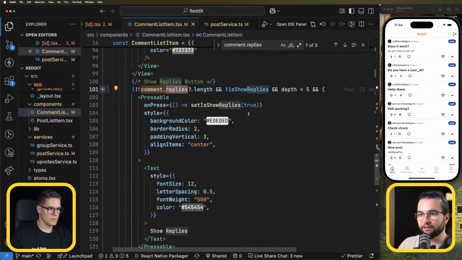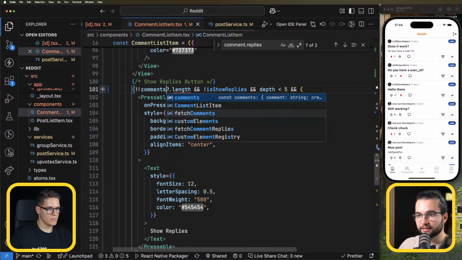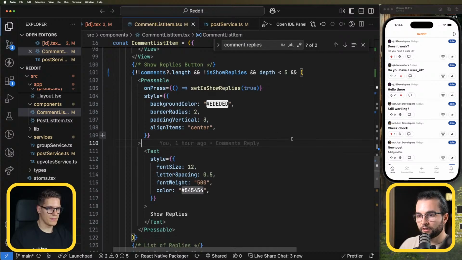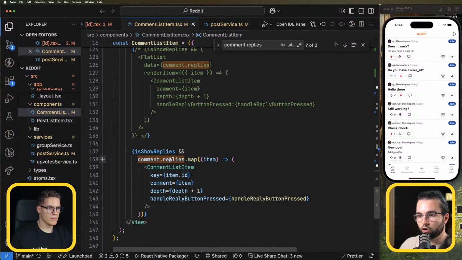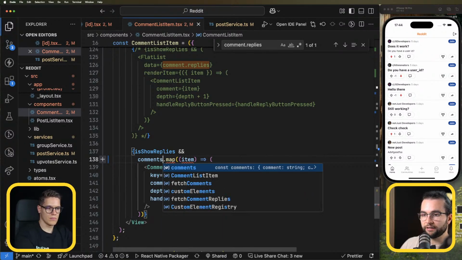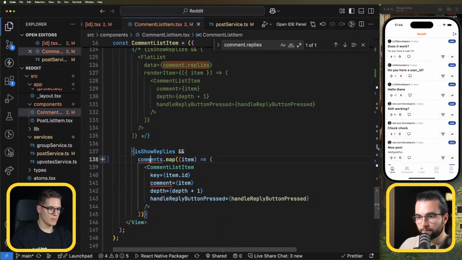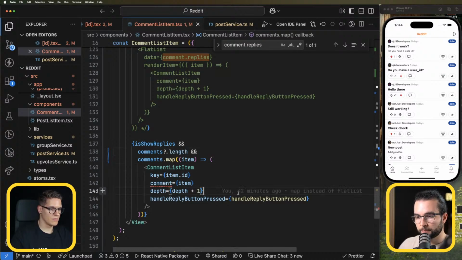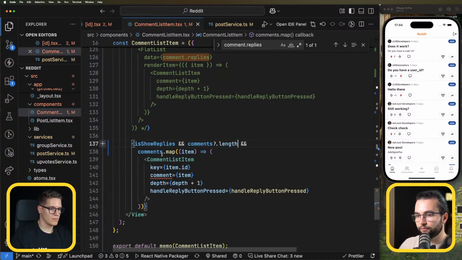So I can simply do comments.length, and work from comments themselves, dot comments. Let's do if and comments dot length. Now if I put it as Lucas did here like this,